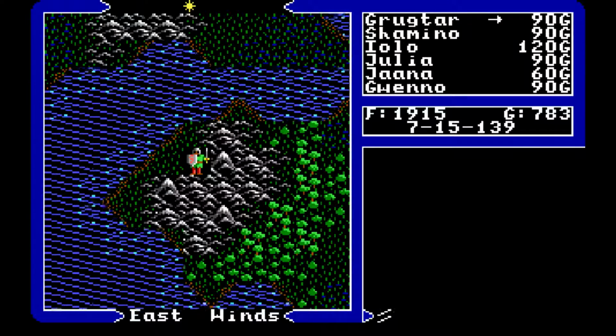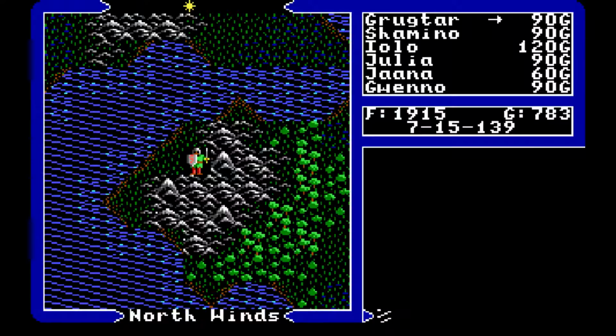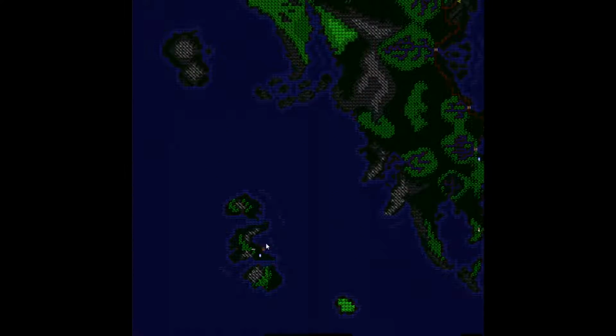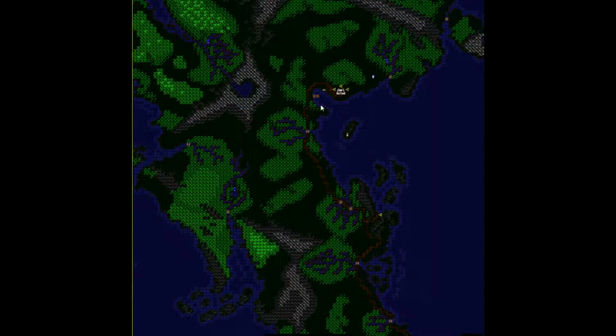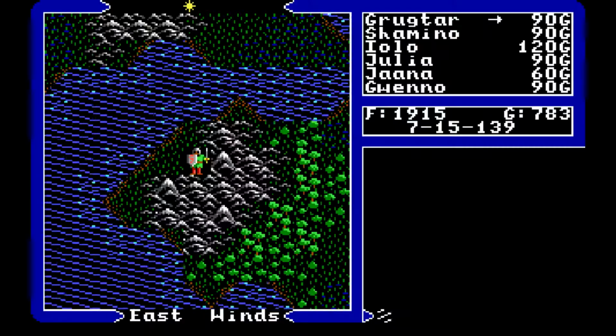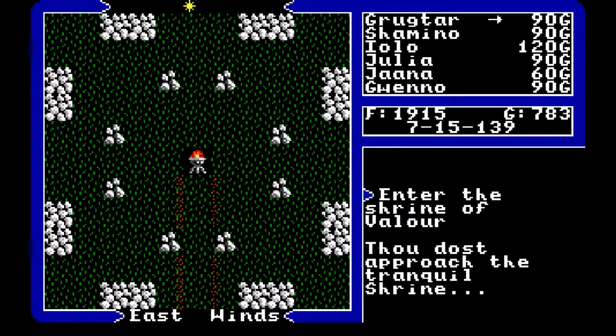Here we are in the mountains south of Jalome. Just a hop, skip, and a jump across. Here's Jalome. Here's where the shrine is. Castle Britain for anybody who's gotten lost while we've been jumping around. Let's go ahead and enter the shrine. We approach it,